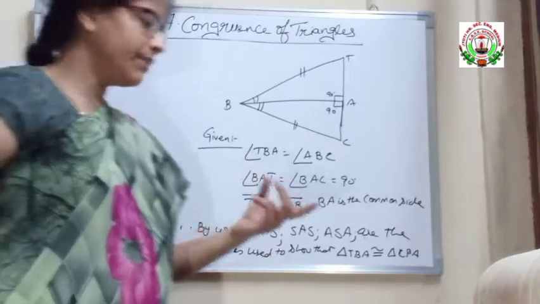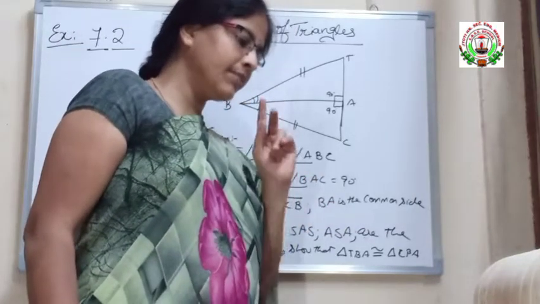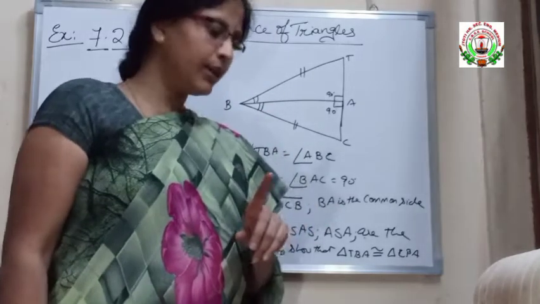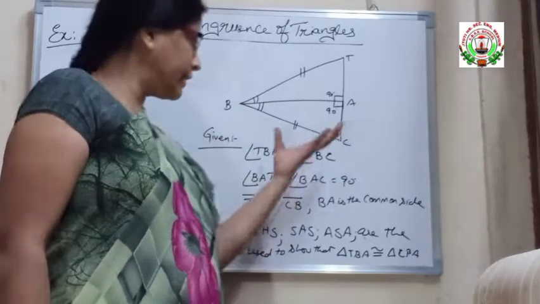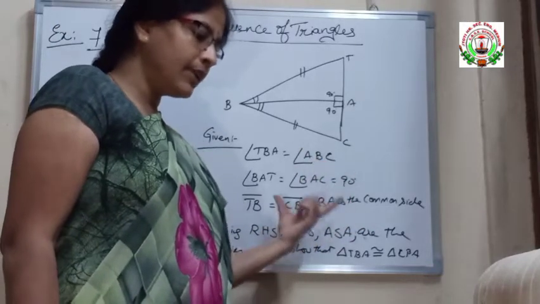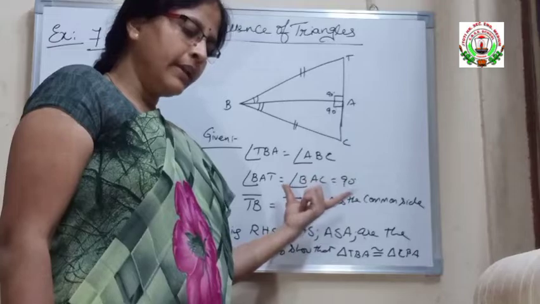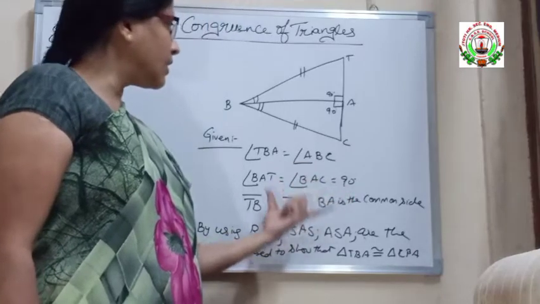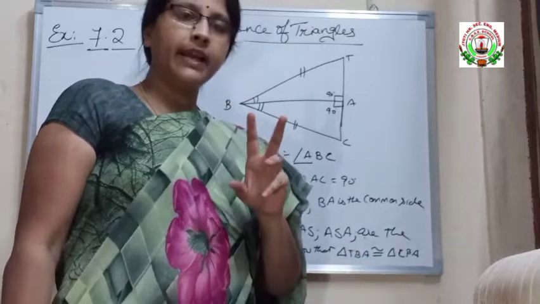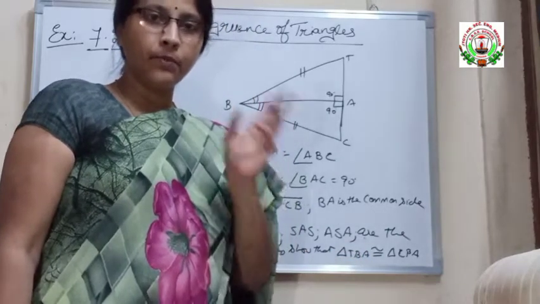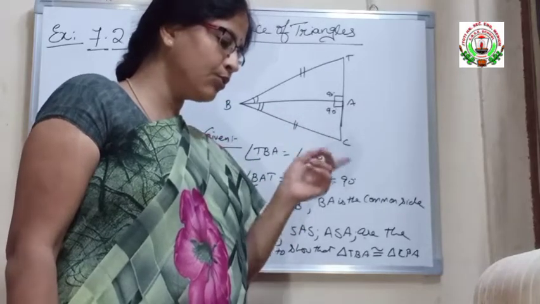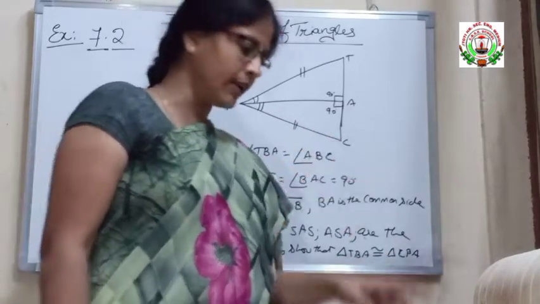In the same way, they have given two triangles, and they have given the sides and the angles which are equal to each other. So like this only, what is given you have to write, and by using which properties you can say that the given B part two triangles are congruent to each other. I think you can do it. I am leaving the B part for you to complete as your homework.